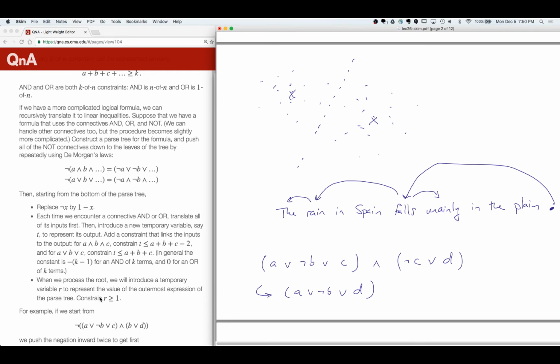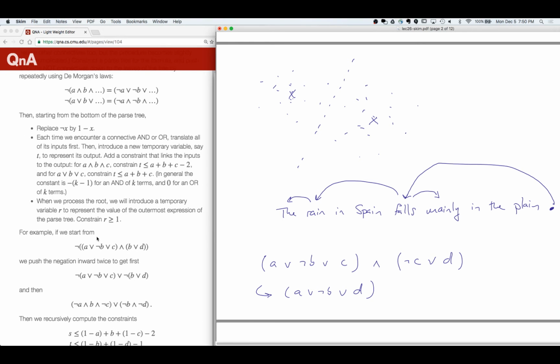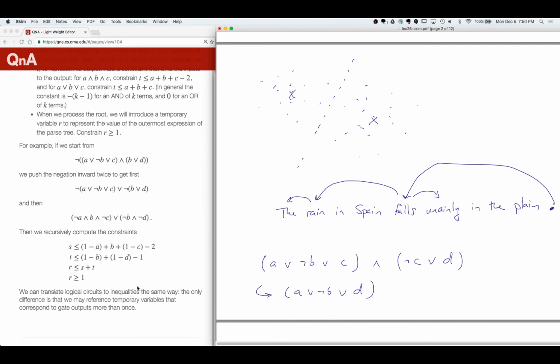And in order to say that this constraint has to be satisfied, we're going to constrain that the root variable has to be true, right? That's what it means for the constraint to be satisfied. And so here's an example, right? We start from this formula, we move not inward once to get this, and then again to get that, and then we start from the bottom,